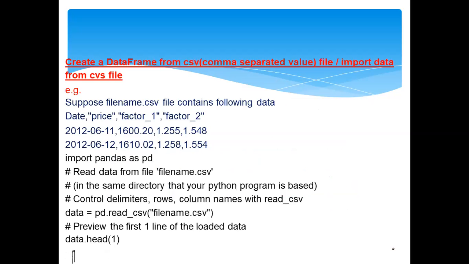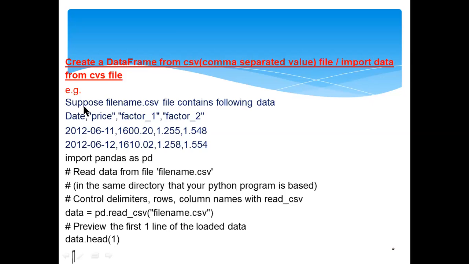Here we can also retrieve values from a CSV file. What is CSV? CSV means comma separated value. If you are creating any Excel file, it can be viewed by using Python programming. You can import data from an Excel file into a Python program, so it is data represented in Python.